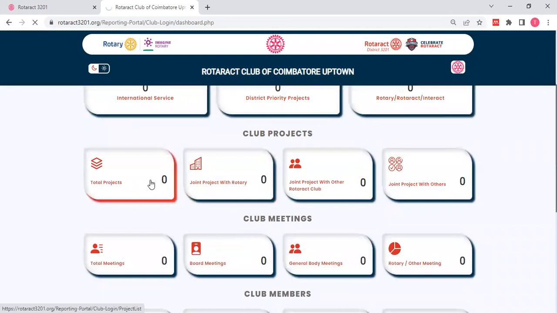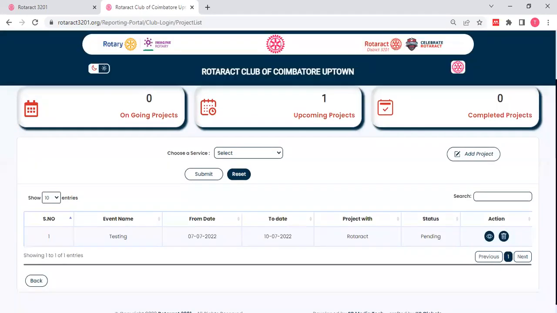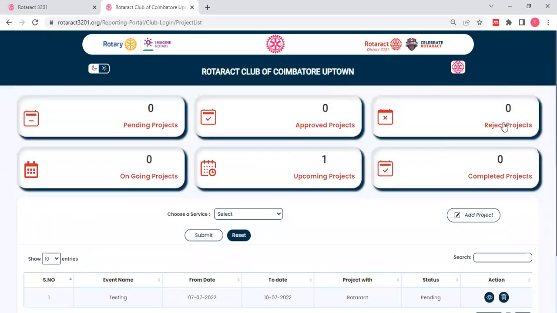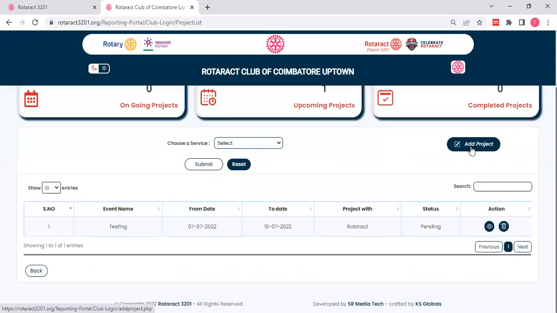You can click the projects option, that is total projects. If you click that option called total projects, you will get this screen, with pending projects, approved projects, rejected projects, ongoing projects, upcoming projects, completed projects. So this is a dashboard present in the option called total projects. There are these dashboards, and in the same screen you have to add a project. If you click the option called add project,